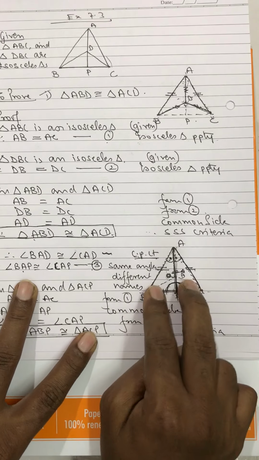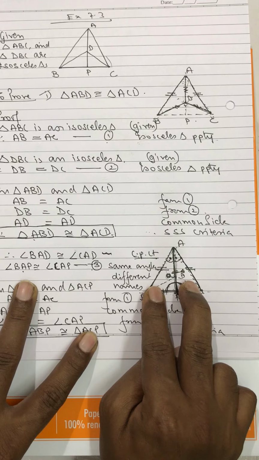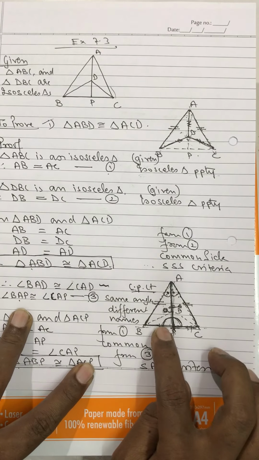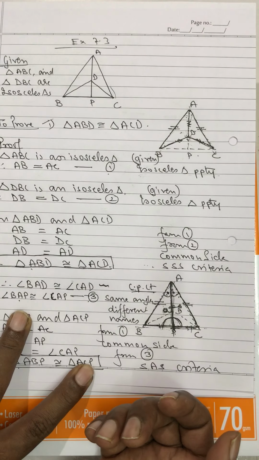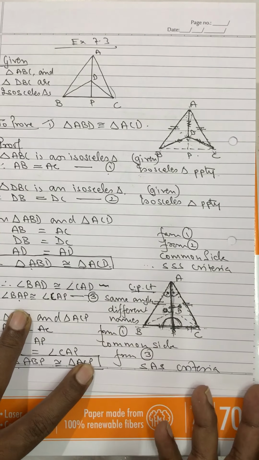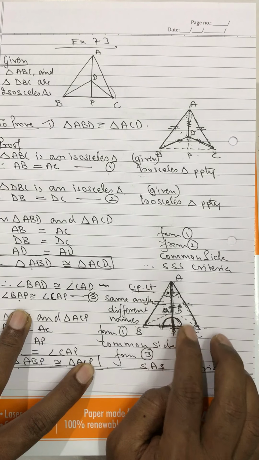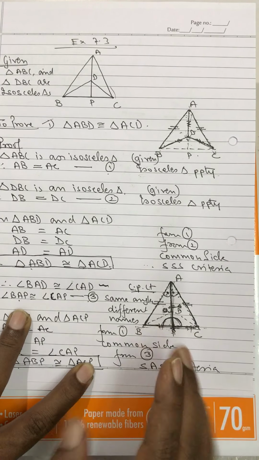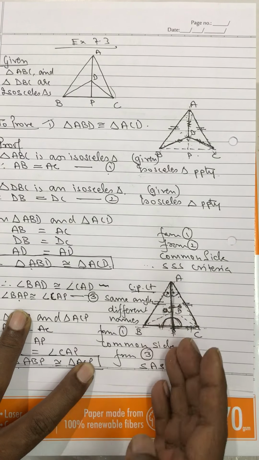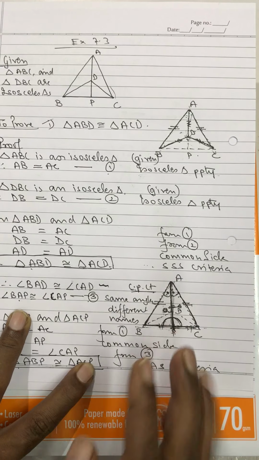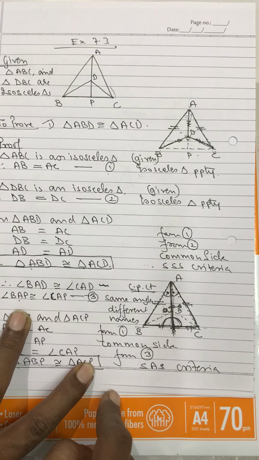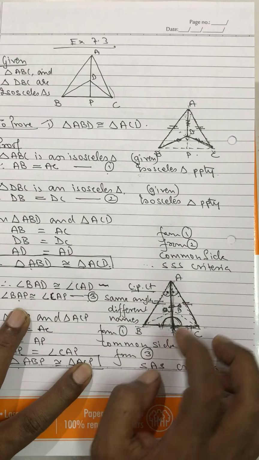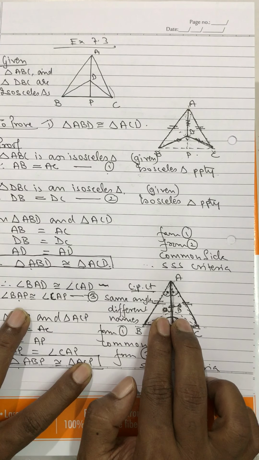Then you have to prove these two triangles are congruent. And then the rest is very easy, but that is what is called a chain taking place. And now the last one is that perpendicular bisector. To prove anything is a perpendicular bisector, you have to prove these two segments that it is cutting. The AP is cutting BC into two segments. Those two segments are congruent, then it is a bisector. And perpendicular, so angle APC is equal to 90 degree you have to prove. For that, you will have to prove these two angles are congruent by CPCT.